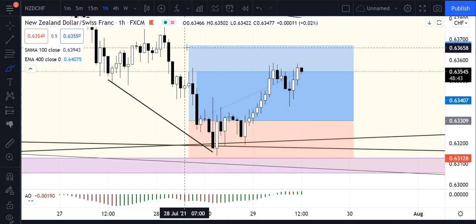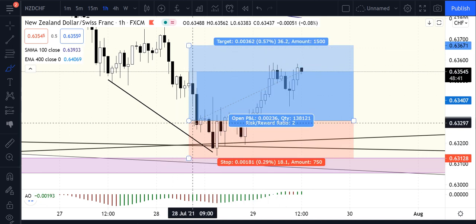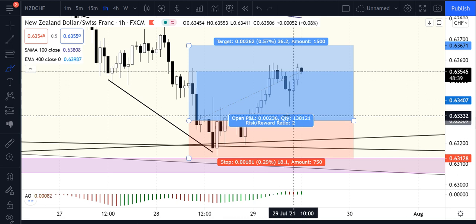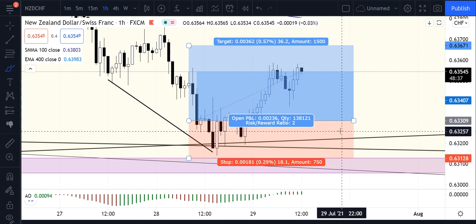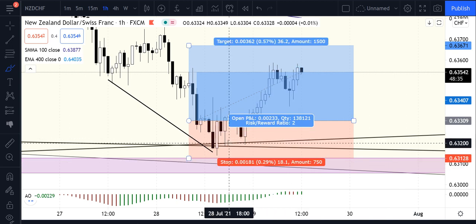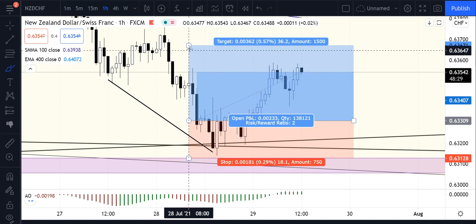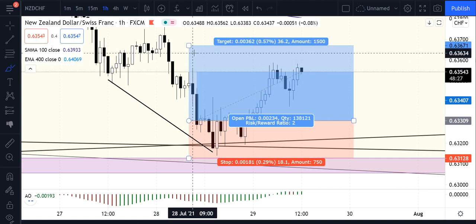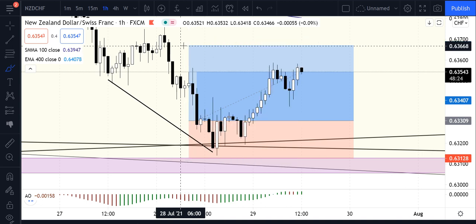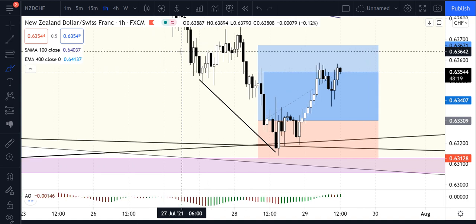I don't keep anything at support or resistance. I just simply look at the risk to reward ratio. I usually prefer 1 is to 2. Now the trade has already surpassed more than the 1 is to 1.5 level. Just waiting for it to completely hit my target, and I'll be closing somewhere around here. I think by today itself it must give us the target.